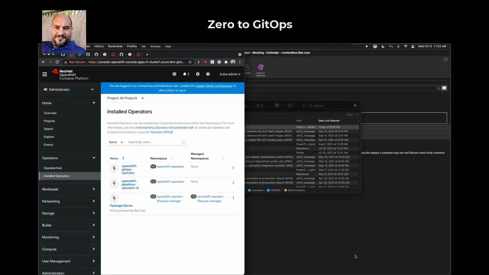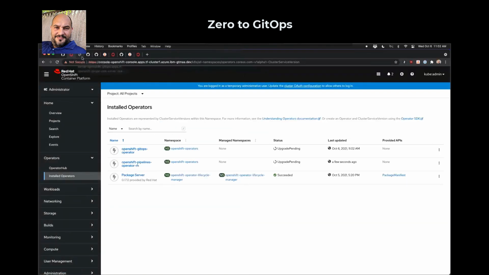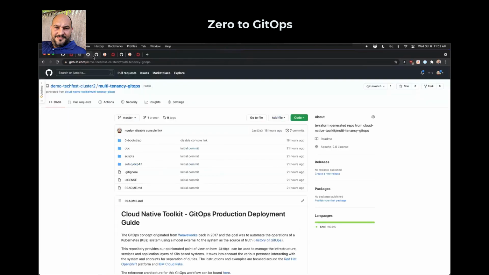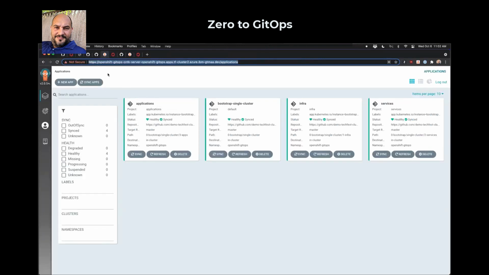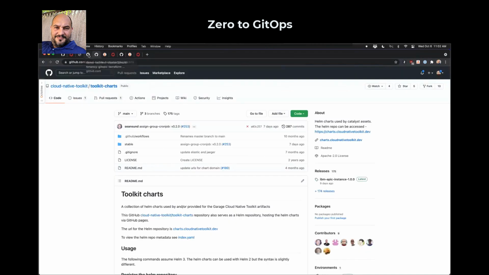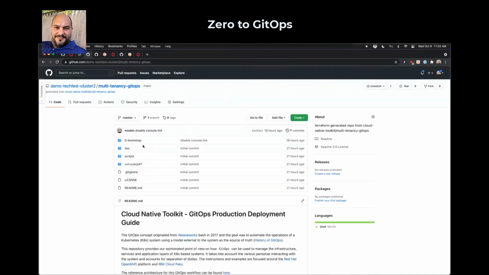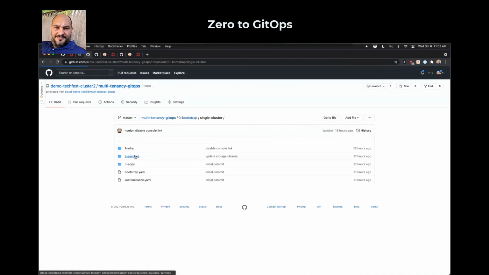But what I wanted to show for the time being while this cooks, because we're in a cooking show, is I already have a cluster. The cluster that you were looking for here is cluster 1. I have a cluster here already, cluster 2, which has everything defined, but there's nothing in there. And we are driving everything to Argo CD, and we see here that we have a couple of Argo CD applications already deployed. So what we're going to do is make a change to this cluster driven solely through